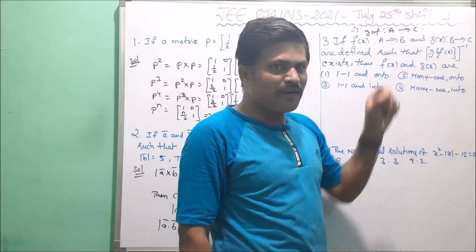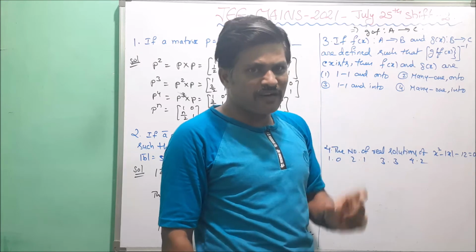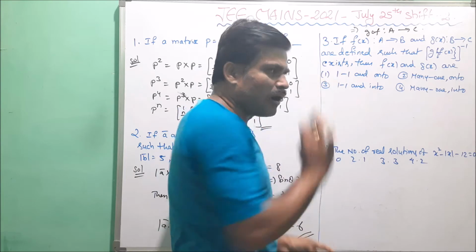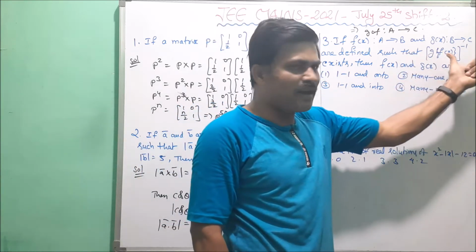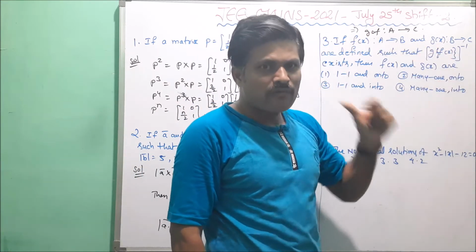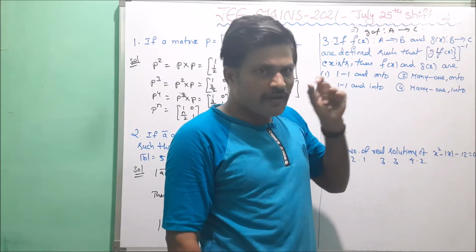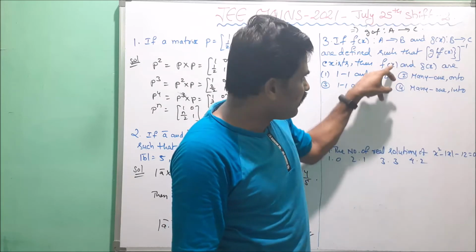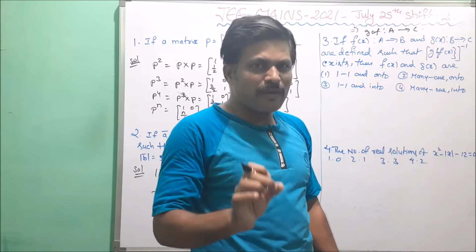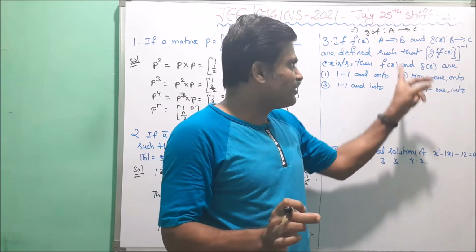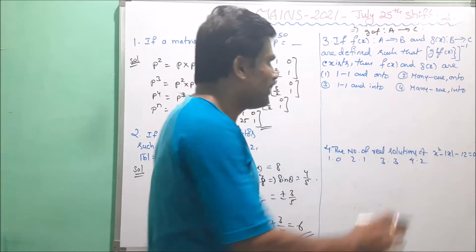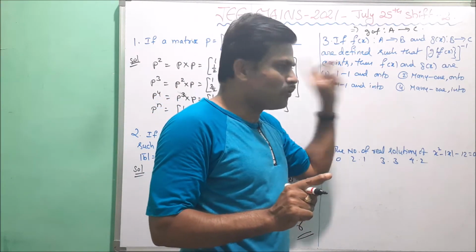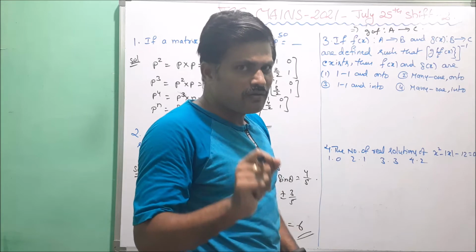So any function that has an inverse must first of all be a bijection. Bijection means one-one and onto. So compulsorily g∘f(x) will be a one-one and onto function. Now, in that composite function, the individual functions f(x) and g(x) must also be one-one and onto. That means these two are bijections. Any function that is both one-one and onto is called a bijection.